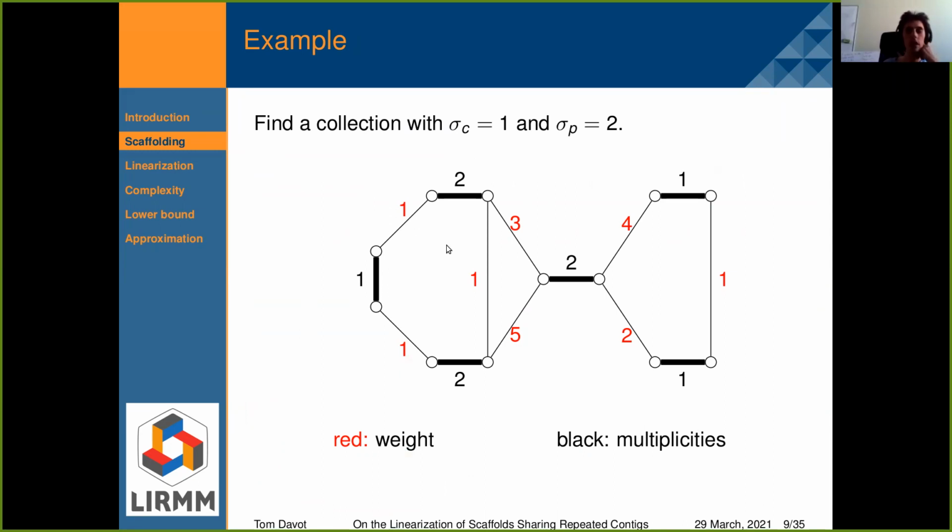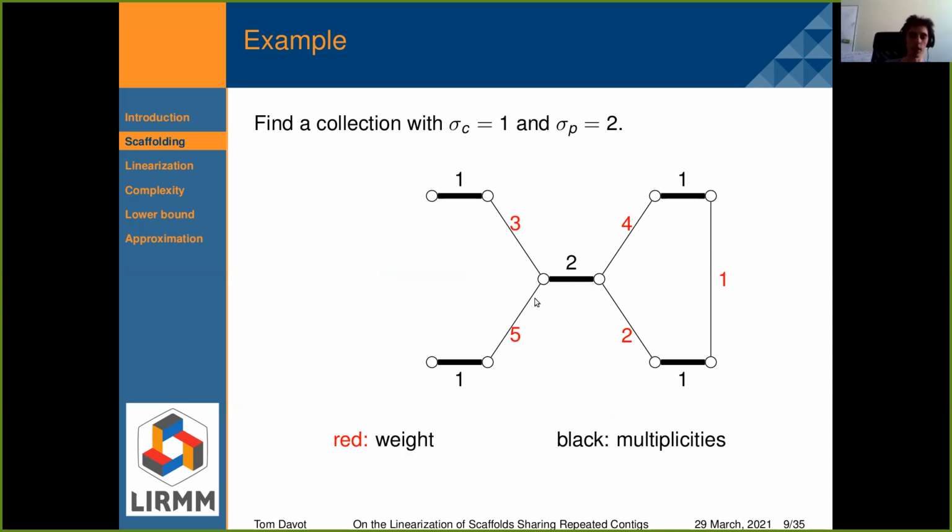For the alternating cycle, the only possibility is this one in green, because this cycle here is not an alternating cycle, as two non-matching edges follow each other in this cycle. So I can remove this cycle from the graph. And now I want to find two alternating paths in this graph.